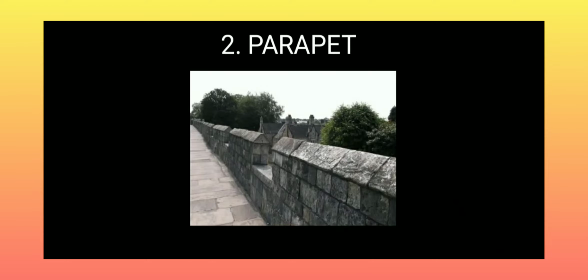The second one is the parapet. It is a short wall barrier constructed at the edge of the terrace roof, balcony or walkway. It is a means of protection. It can be constructed from steel, aluminium, reinforced concrete or glass. There are different types of parapet walls. Now we are going to see the parapet walls based on their appearance.